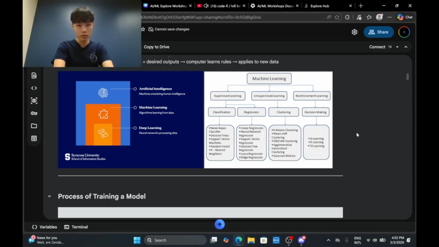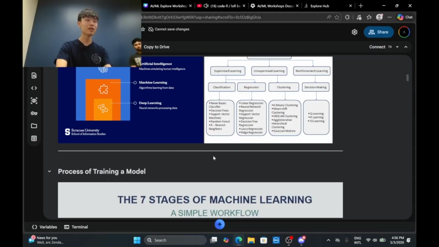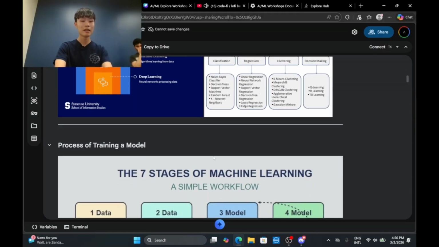Yeah, and all the boxes you see down here are all the different algorithms. They call them different models for different use cases. Each one of these has advantages and disadvantages. So depending on your task and your goals, you choose between these algorithms to find the one that best fits your final goal.